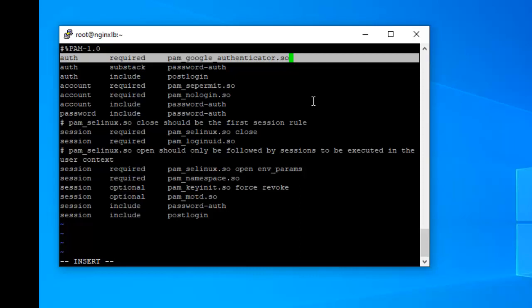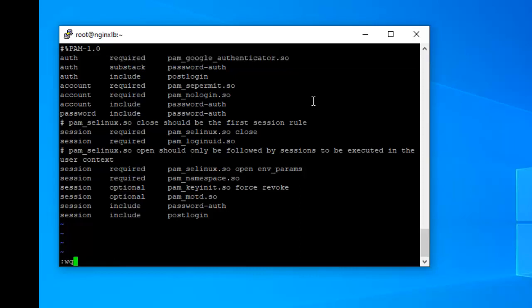Insert auth required pam_google_authenticator.so, save with :wq.